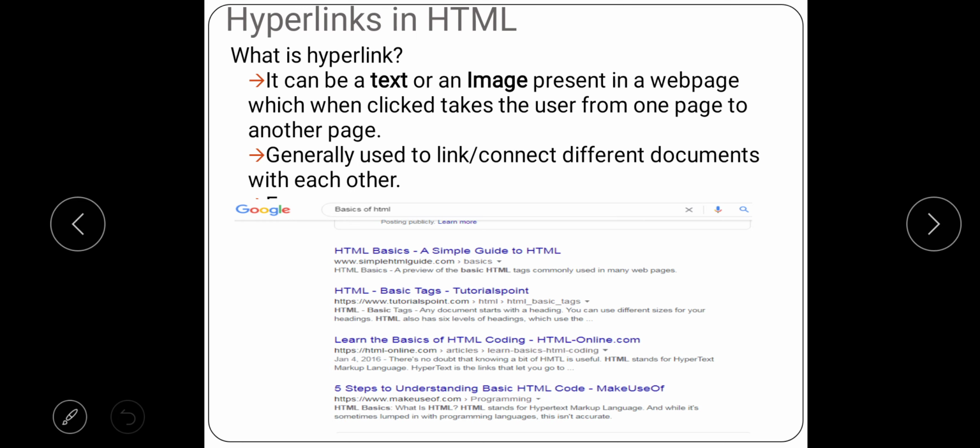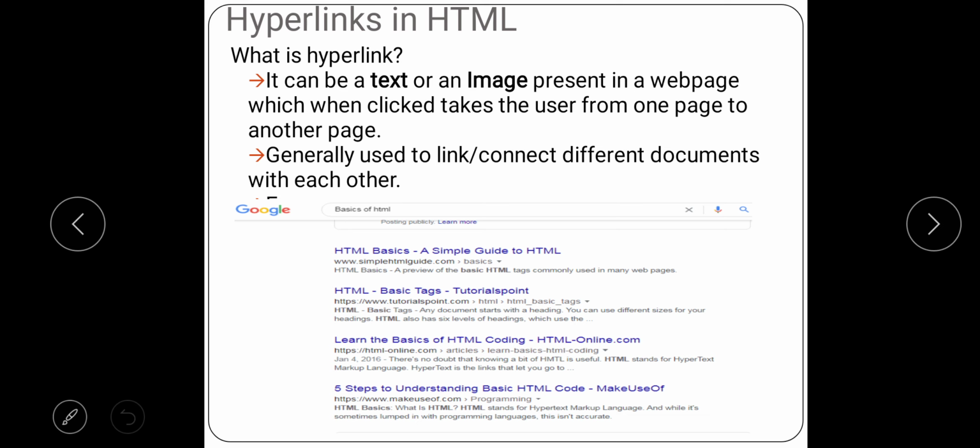Right. So in the starting only we had discussed that hyperlinks are very, very important. So what is a hyperlink? See students, whenever we use the internet, we always use hyperlinks. So what is it and how can it be defined?